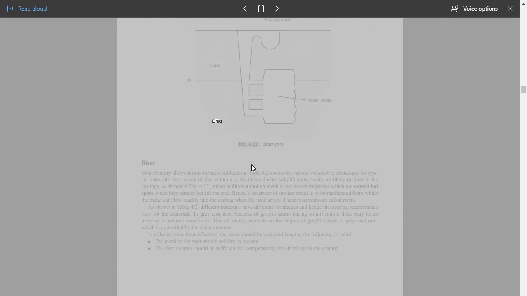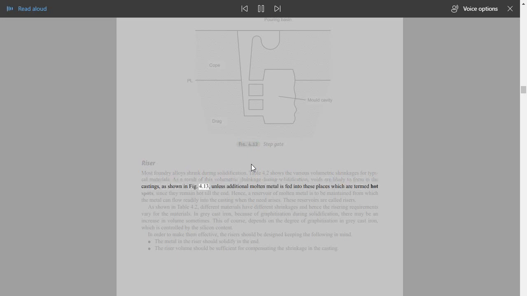Fig. 4.12 Step gate. Riser. Most foundry alloys shrink during solidification. Table 4.2 shows the various volumetric shrinkages for typical materials. As a result of this volumetric shrinkage during solidification, voids are likely to form in the castings, as shown in